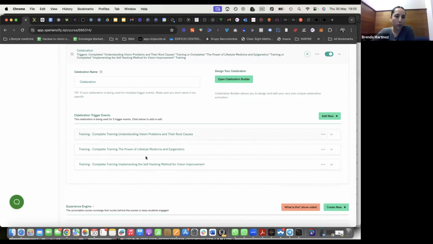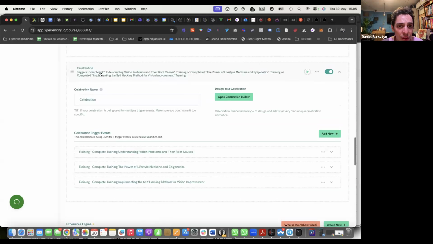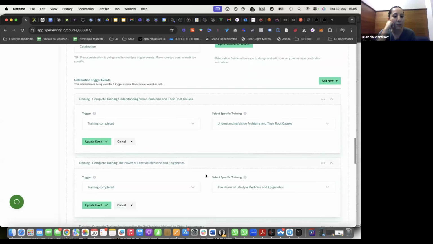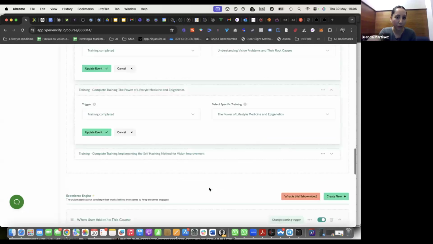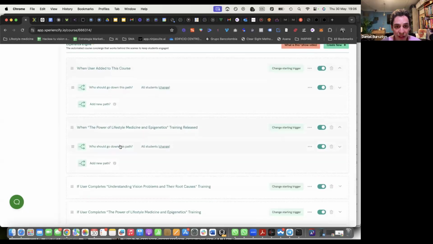I think you should. What action is that? When they complete one of the trainings? Yeah, trigger complete. So every session of the 3 sessions in the mini course, this celebration will be triggered by these events. So the event will be training complete. I think that's correct, but the email one should go in the experience engine. That's where you want to, so when they finish this,